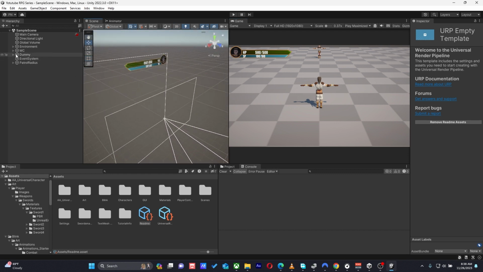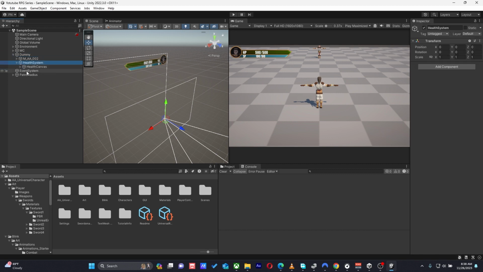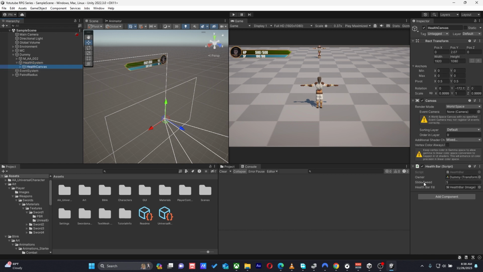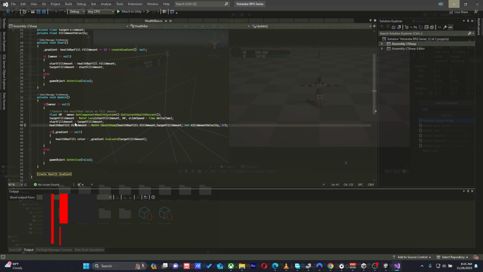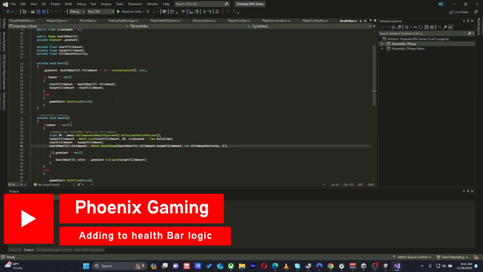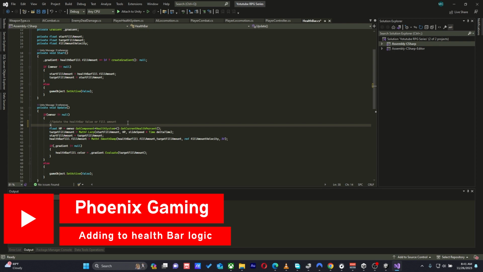So if you go to our dummy, then down to our health system and into our health canvas, you can see the health bar here. We're going to have something similar to that for our main character. So we'll go into our HUD, into our stats, and right on our stats, we're going to say, so here, if owner is not null, we're just going to change and say if